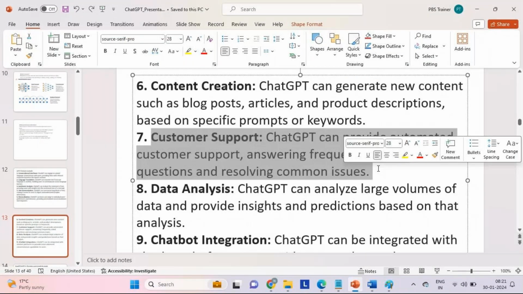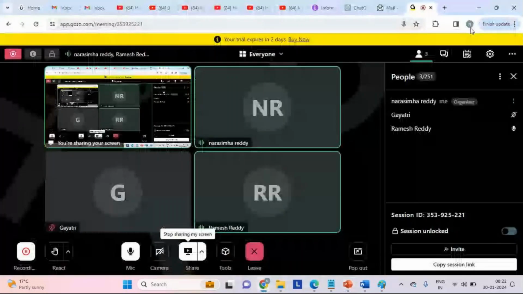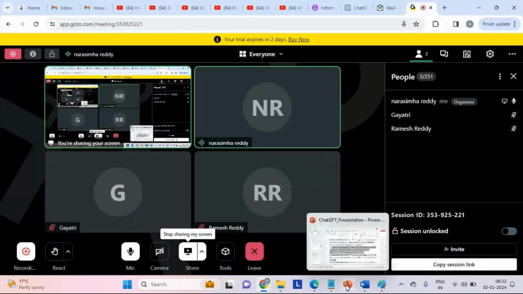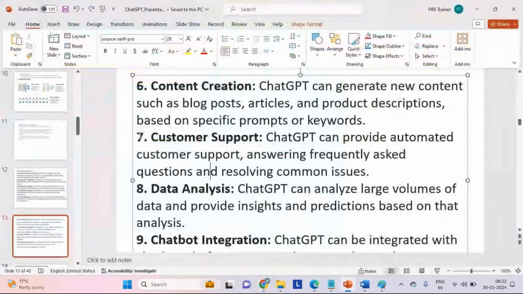how that particular chatbot is going to help us to respond automatically. Anyway, I'm going to show that practically for now. So yes, it will be used to take care of answering questions automatically.